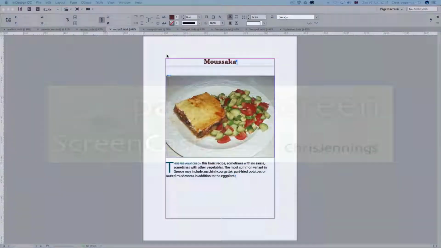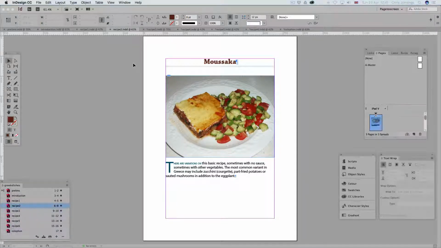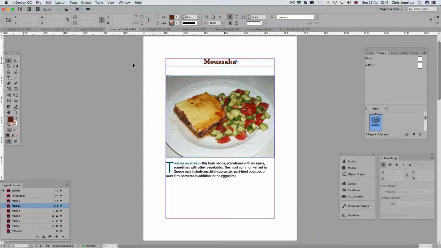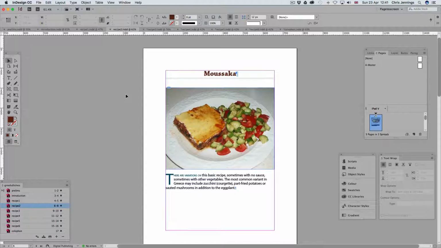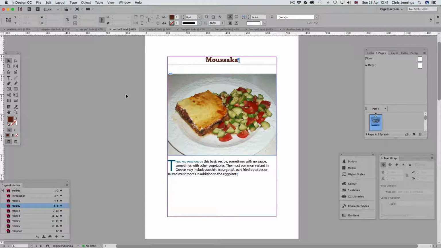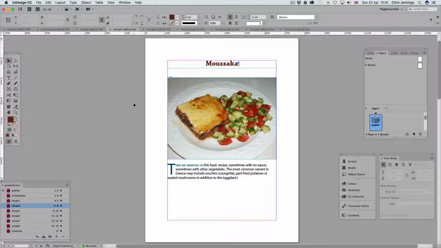For this screencast, we're going to focus on taking content from InDesign and putting it into iBooks Author. And for this particular screencast, I'm focusing on our recipe book. And you'll see that there are some issues before we move away from InDesign. We're going to have a look at a few things that will affect the way that the content gets